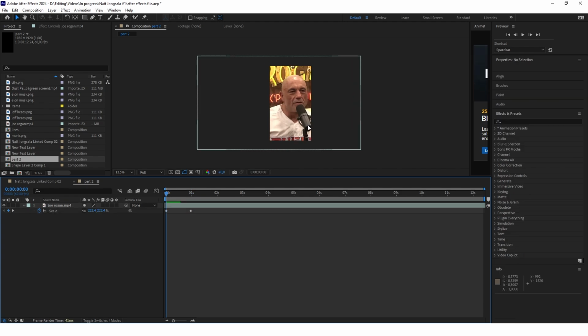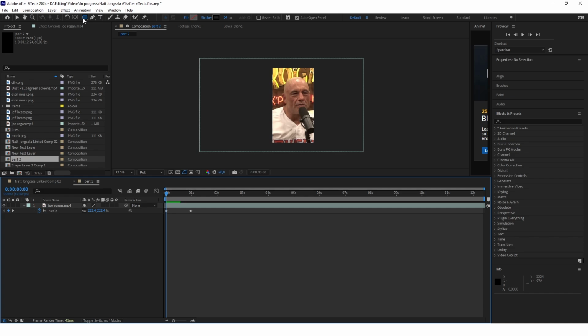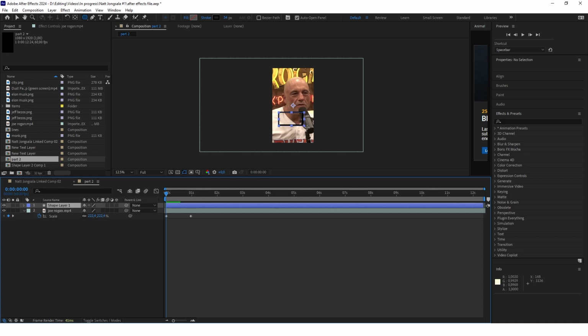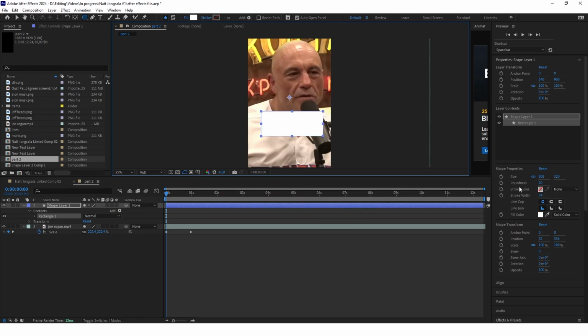After that, we'll create this white rounded rectangle with icons and title. And so in order to do that, just go here to the rectangle tool and click Q on your keyboard to change it to rounded rectangle tool and just start drawing a shape. Set the fill to white and the stroke to none. And on the right menu you can change the roundness.